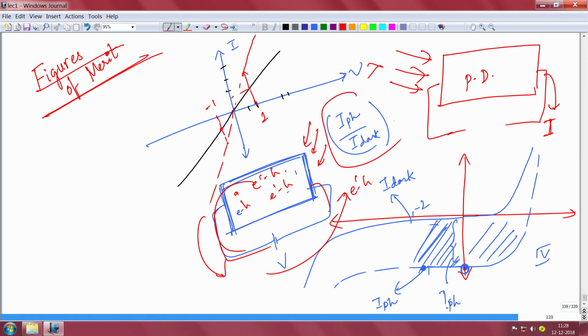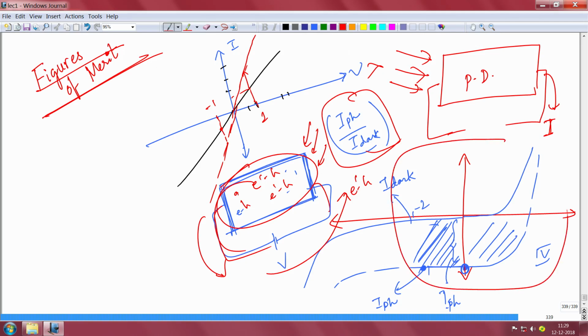Even here you want the photo to dark current ratio to be very high, which means this should ideally be like an insulating film, so that the dark current is very low. When you shine light you get a lot of current, which is called photo current. The photo current should be very high compared to dark current, but this is symmetric. In a PN junction the IV is not symmetric, but in this kind of photoconductor detector it is actually symmetric.